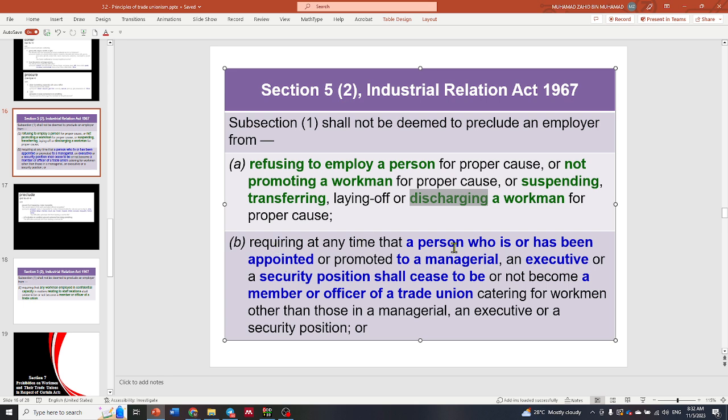B. Requiring at any time that a person who is or has been appointed or promoted to a managerial, executive, or a security position shall cease to be or not become a member or officer of a trade union catering for workmen other than those in managerial, an executive, or a security position. Ini bermaksud majikan tidak boleh